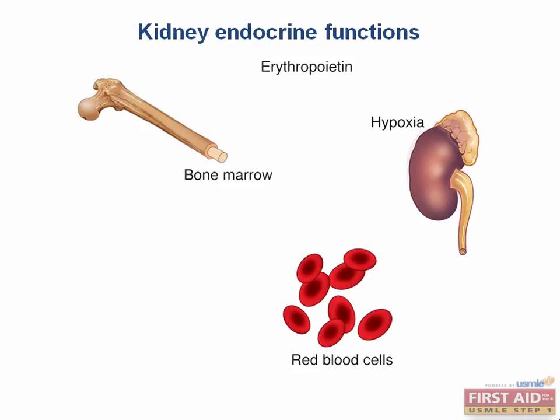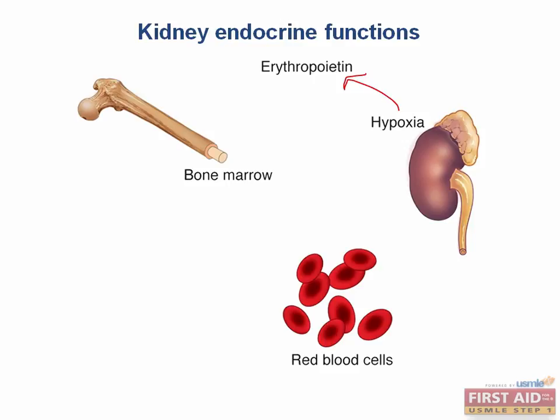Now let's move on to an important function of the kidney that students often forget about, the hormones. There are 4 important hormones secreted by the kidney. 3 of them are endocrine hormones, meaning that they act where? At distant sites. And the 4th is a paracrine hormone, meaning that it acts locally. The first is erythropoietin. When the kidneys sense hypoxia, the interstitial fibroblasts near the peritubular capillaries release EPO into the